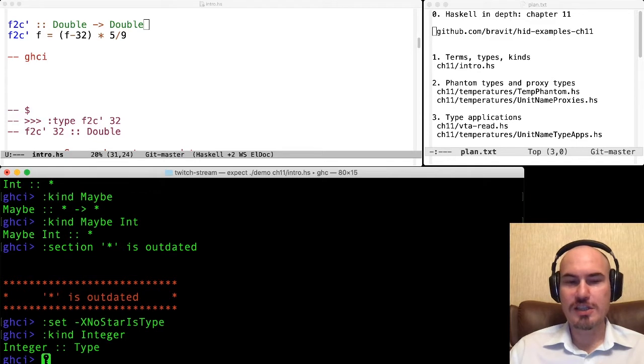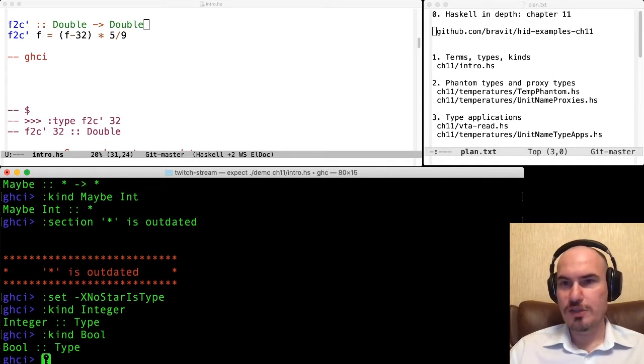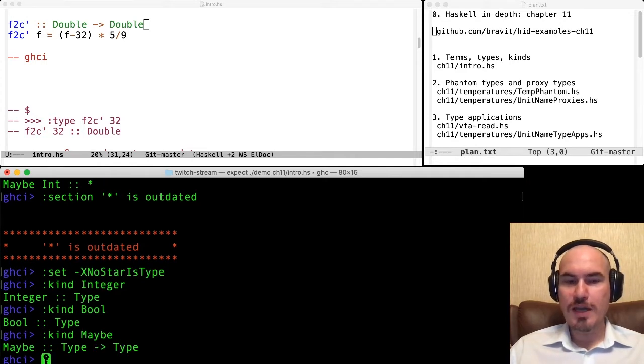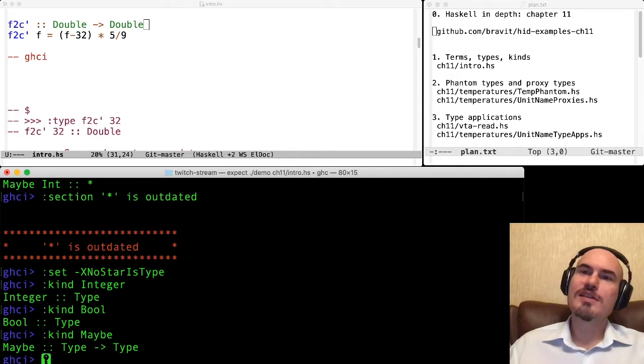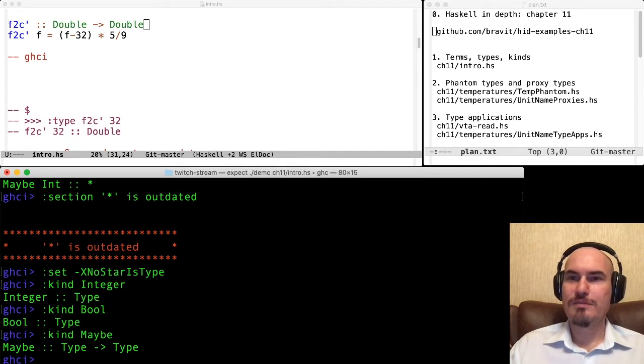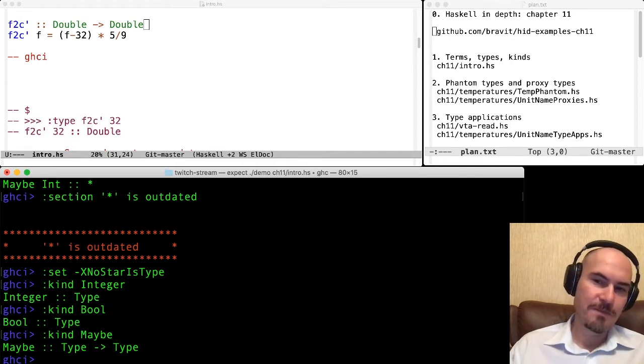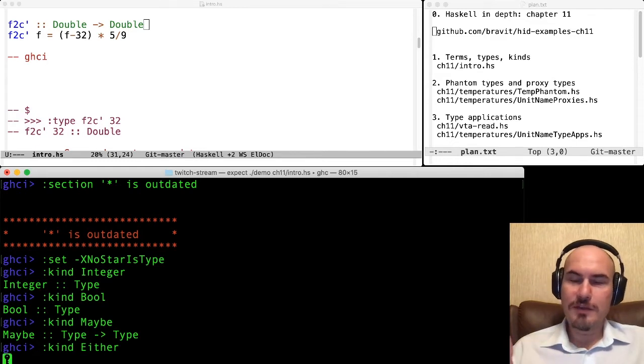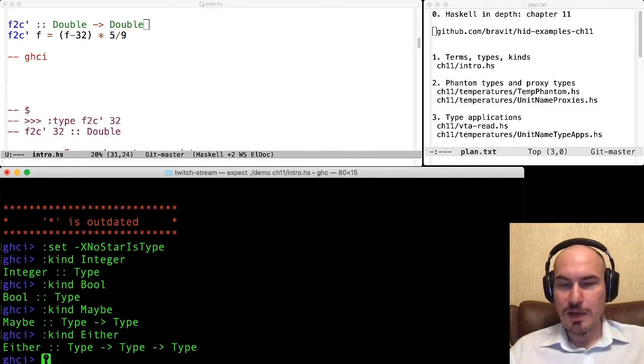Integer is a type, and Bool is also a type. And Maybe is Type to Type, and we look at it as a function which takes a type as an argument and gives us a type as a result back. Okay. Either, we know that Either has two arguments, a type for left and a type for right. It has two type arguments, and we can see it here.